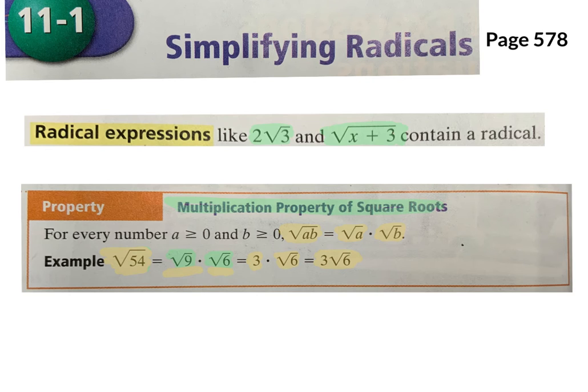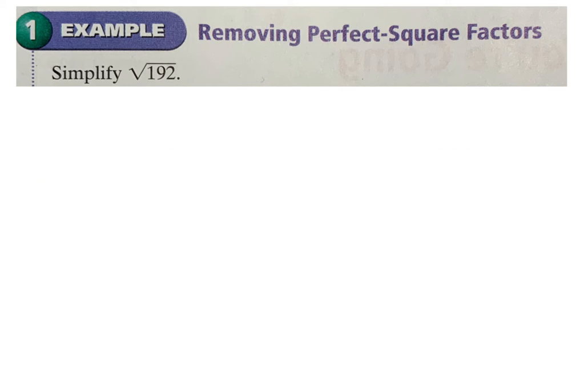So let's look at example 1 to see how that helps us simplify square roots. Now there are two ways to simplify square roots. The first way is to look for a perfect root inside a radical. So they have given us this example of 192. Now, I will say that if you can see a perfect radical, this is a very easy way to do this. And so in looking at this, they're telling us that 192 is actually the product of 64